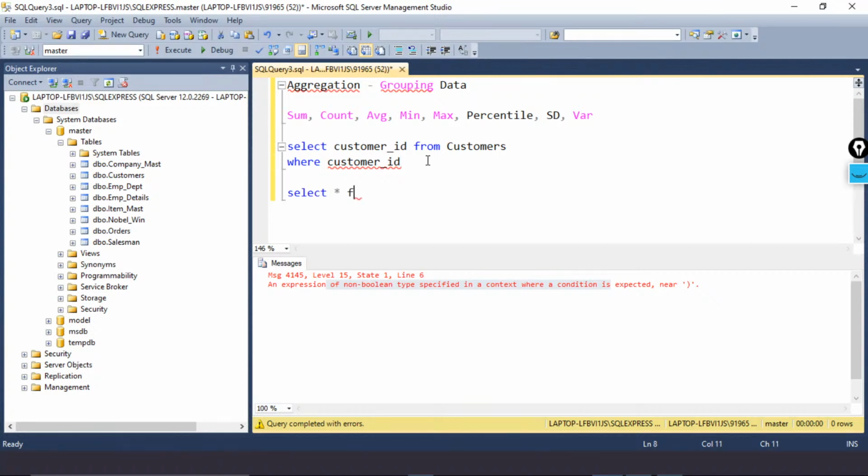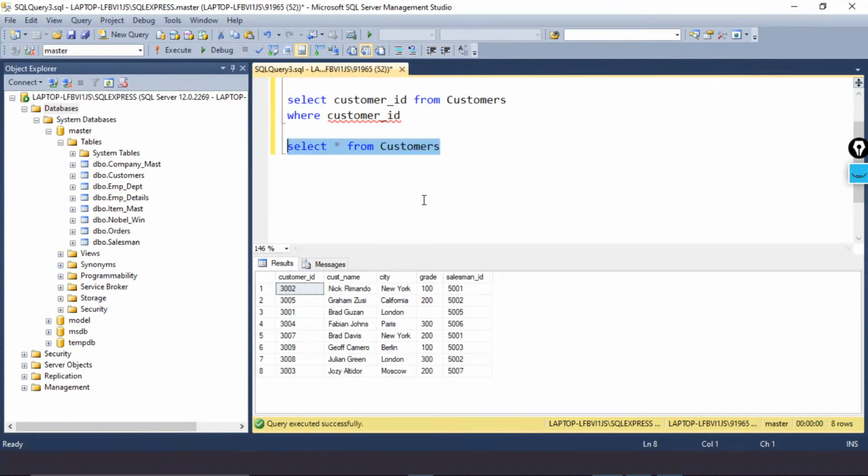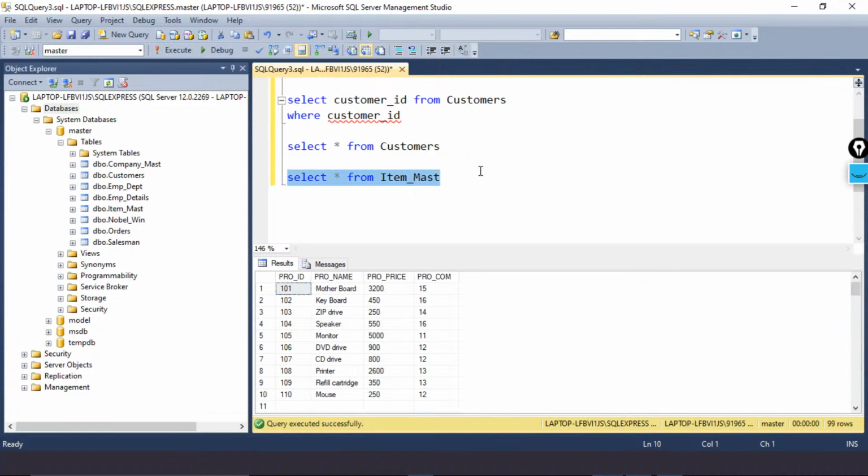I want to see the data first, so I'll choose select everything from customers. We have all the values here. Let us see one more table also. So select everything from orders. Orders does not have any numerical value. Let me see item_mast. Here again we have price. Let me see if price is